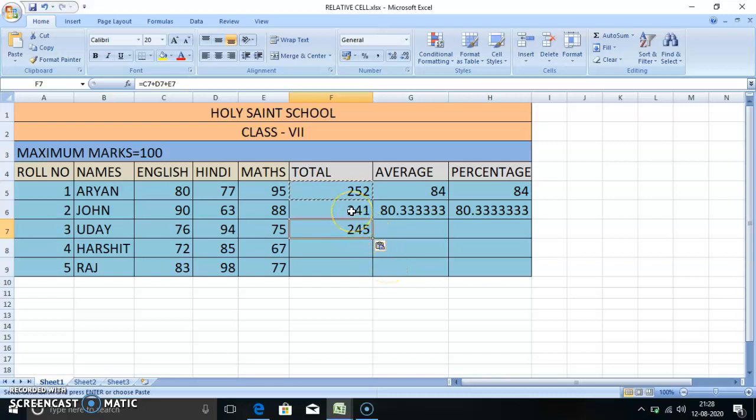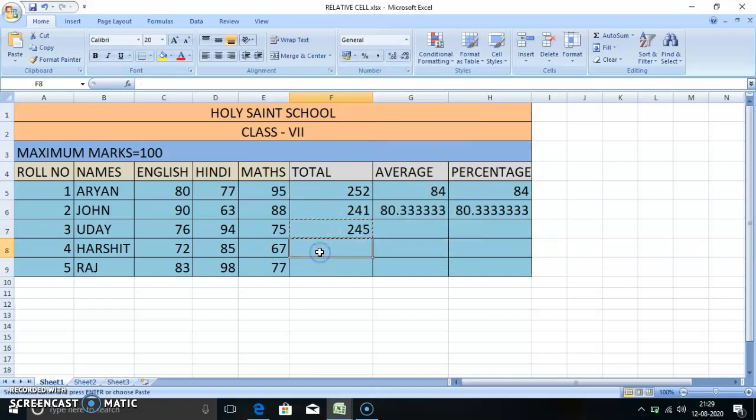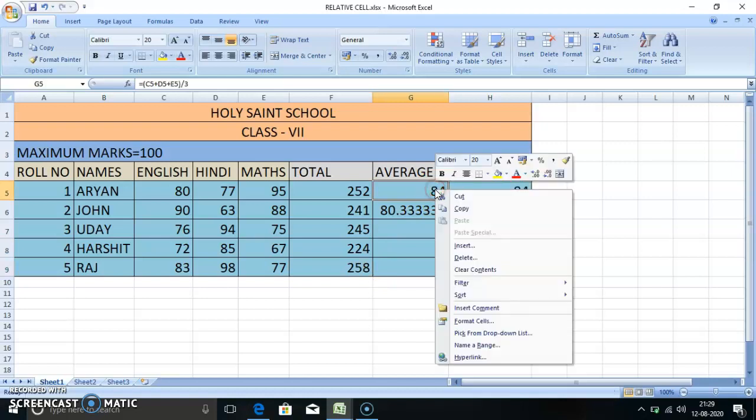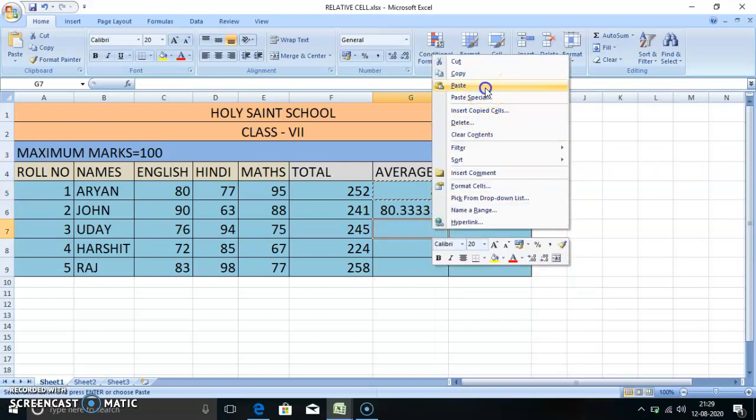Now if I want to copy this formula again, right click here, then copy, and here you can paste it. Or, as in the last class, we learned to just stretch it, drag and drop, then also you will get the formula and answer. You can do it like this also. Click here, right click, copy, then click here, right click, paste.